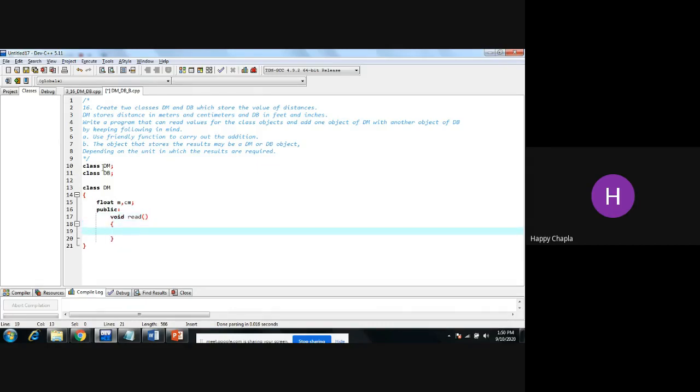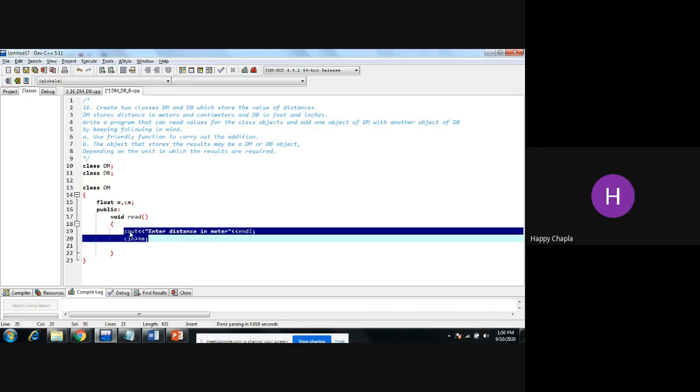So the user will enter the meter and centimeter values. So cout: enter distance in meter. Now the same thing for the centimeter.